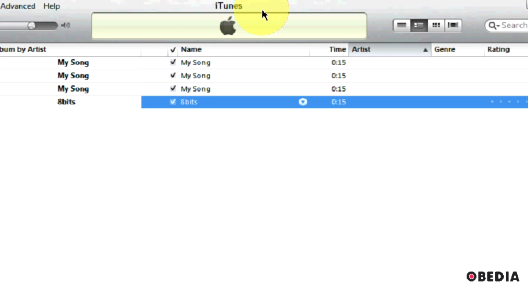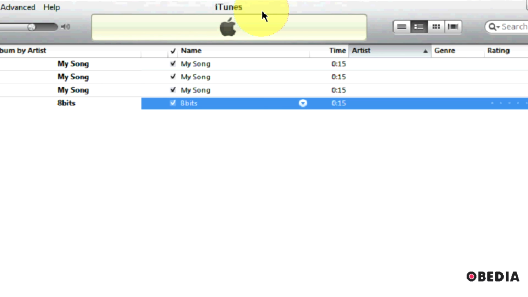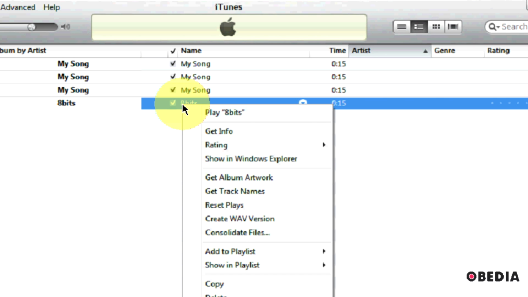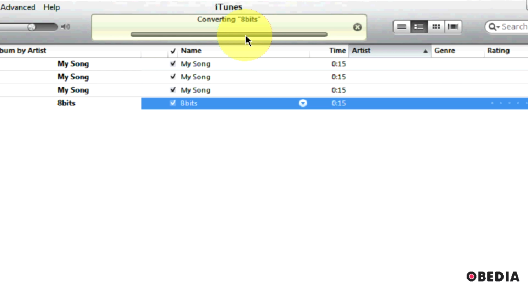This is going to also apply to when you import CDs. So you're probably going to want to reset this if you still use iTunes to convert CDs to MP3 or AAC and things like that. But for our purposes, we need it to be on WAV. So we've selected WAV, and now all we need to do is right-click on our song that we imported from GarageBand, scroll down, and we're going to see the option for Create WAV Version. I'll click on that. iTunes will think a little bit, it'll make a little noise at me, and now it's